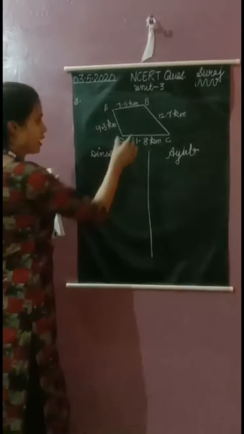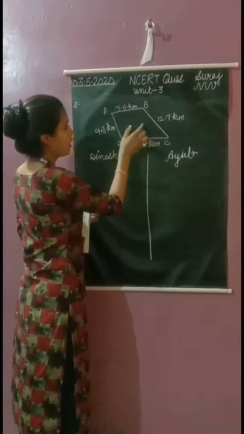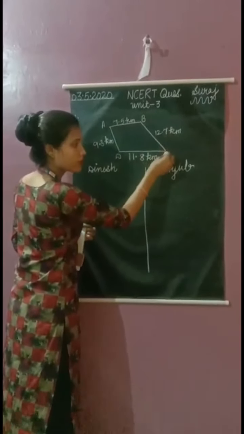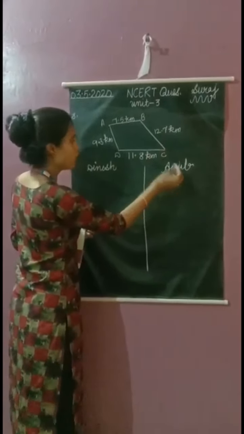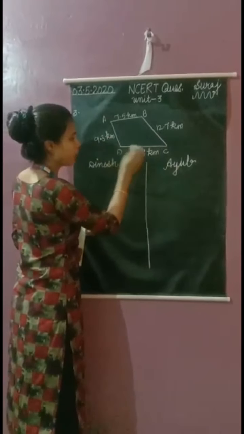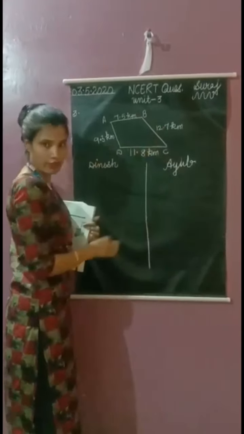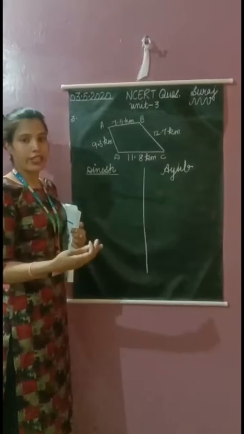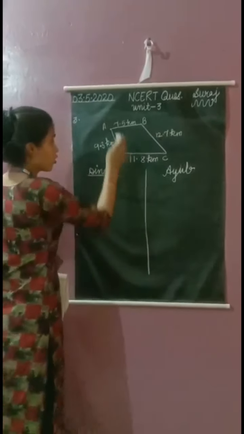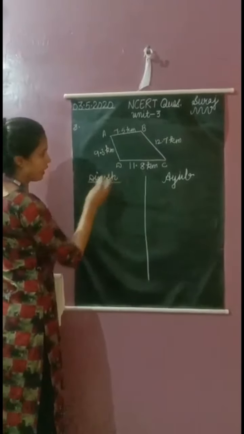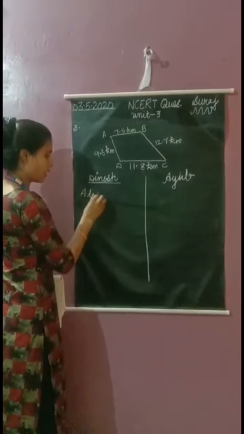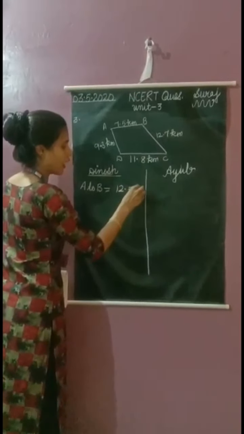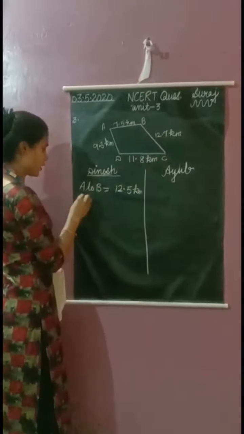Okay, firstly there is a picture, a diagram. Dinesh went A to B and then B to C, and Ayub A to D and then D to C, and kilometer also given here. तो firstly find कि दिनेश ने कितना ट्रैवल किया है. तो हम ऐड करेंगे. We will add A to B how many distance, how much, 12.5 kilometer, and B to C question.